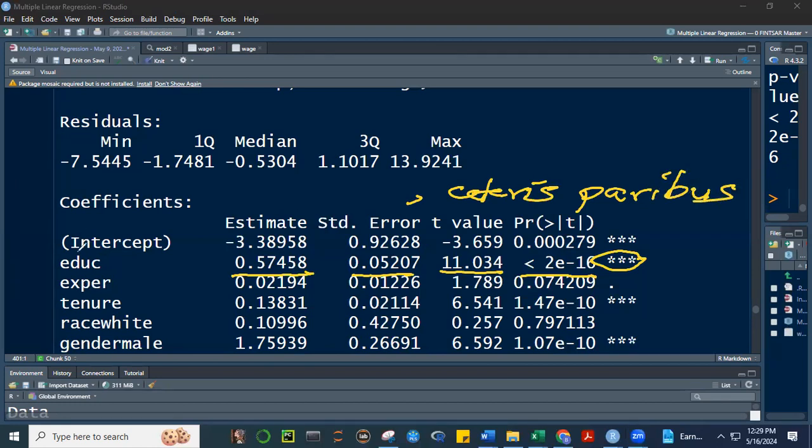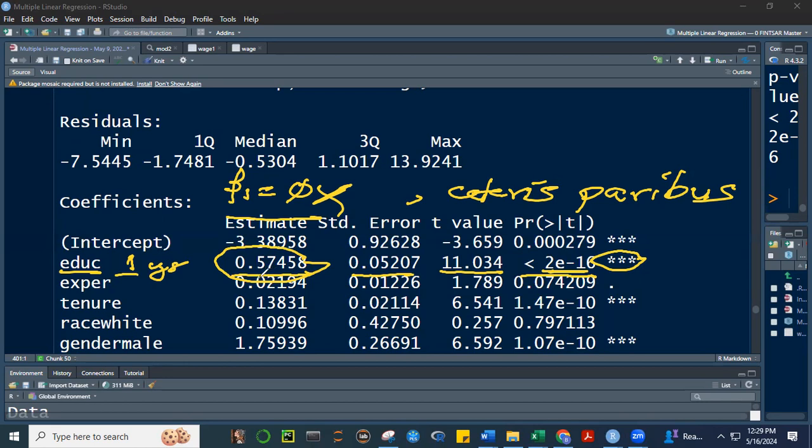So what are we saying here? If we increase education by 1 year, okay, hourly wage will increase by $0.574. And it's statistically significant, no? Kasi we are rejecting the null hypothesis beta 1 is equal to 0. So this is our test here for education, where the test is that the parameter, the slope for education is 0. We reject this. There's strong statistical reason to believe that for every 1 year increase in education, hourly wage increases